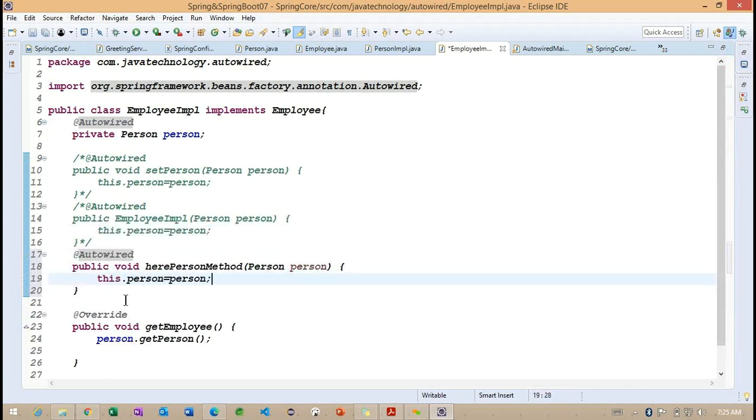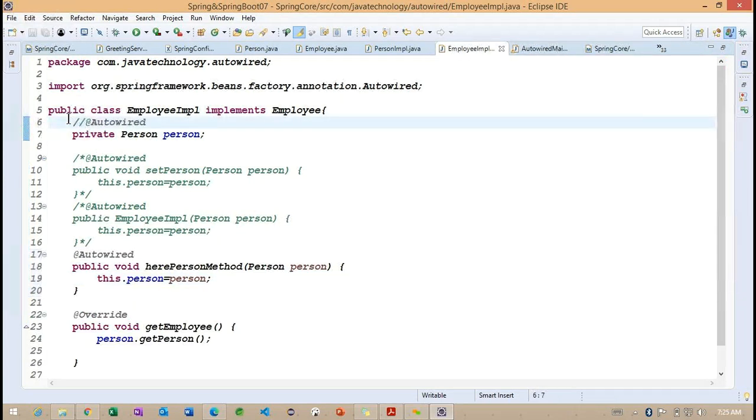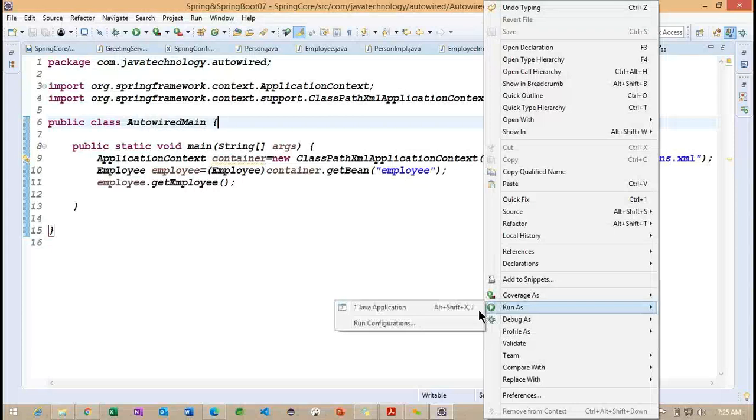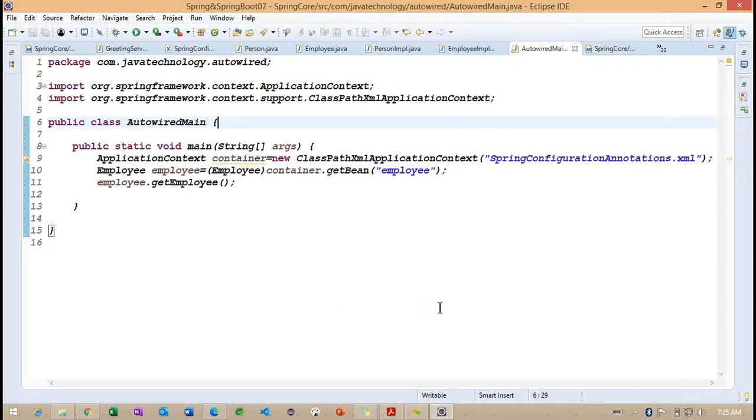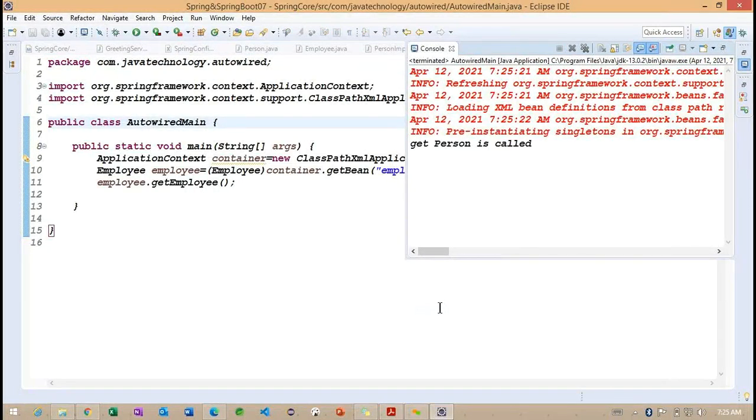Now you can see I'm going to call this particular person method. Let me comment on top of this particular property. If I run the same example, we need to understand how it is working here.